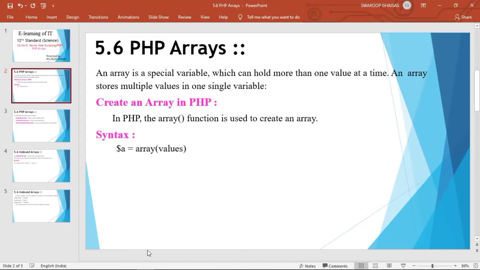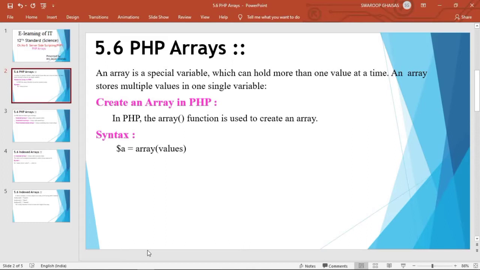But an array is a special variable which can hold more than one value at a time. Suppose you want to store the marks of students, then using simple variables you have to create variables as per the subject. Suppose 4 subjects are there: physics, chemistry, maths and biology.